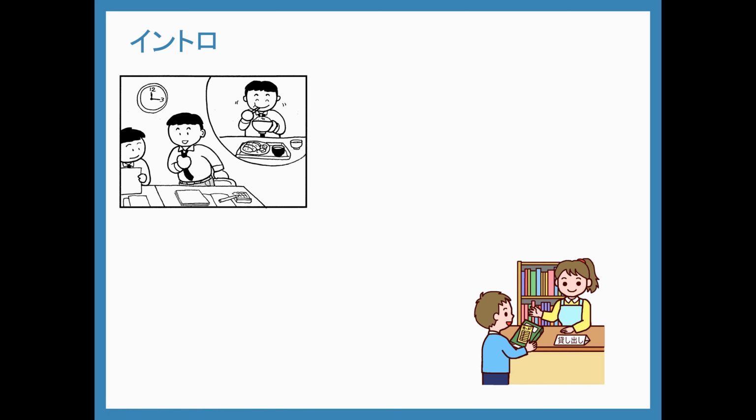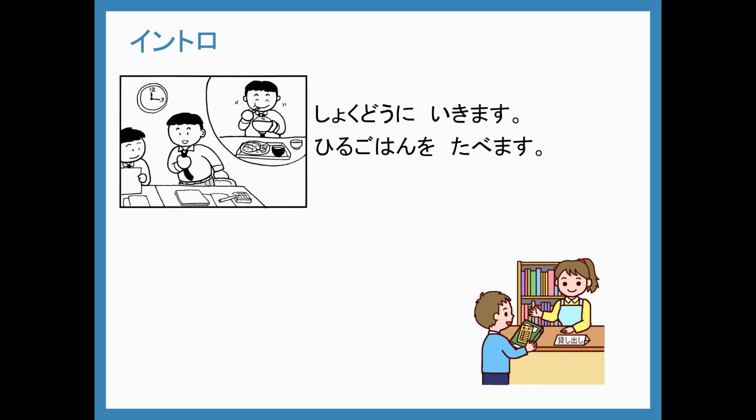Okay, we are going to look at a couple more scenarios today. 食堂に行きます。昼ご飯を食べます。Putting these two sentences together, we can say